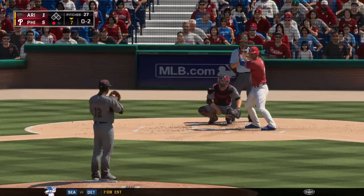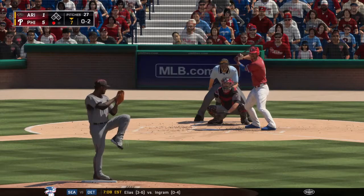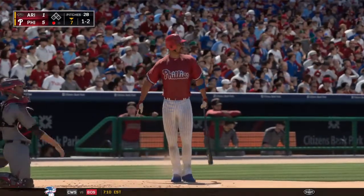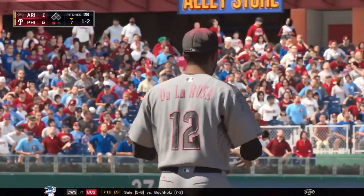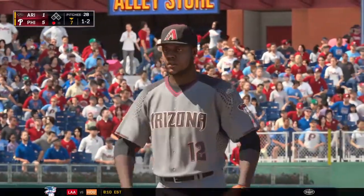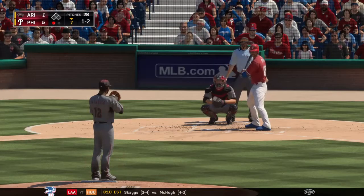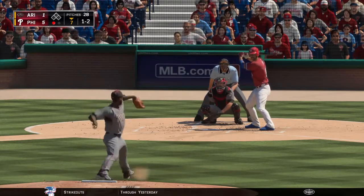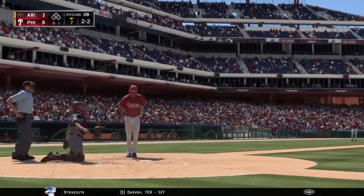Bases are empty, 1 man out. And he'll try to take control of the inside part of the plate with the fastball as he backs him off a bit. You got to be careful with that inside location on 0-2. The last thing you want to do is hit him. And he'll try to get him fishing there, but he won't offer in the dirt, and it's back to even